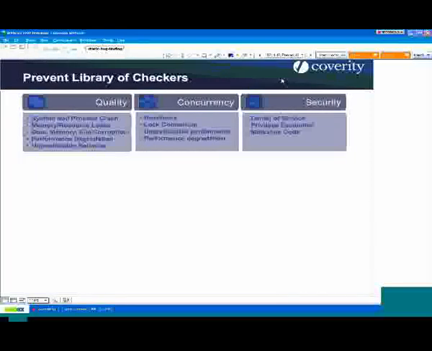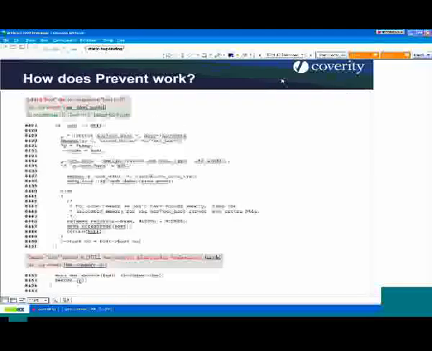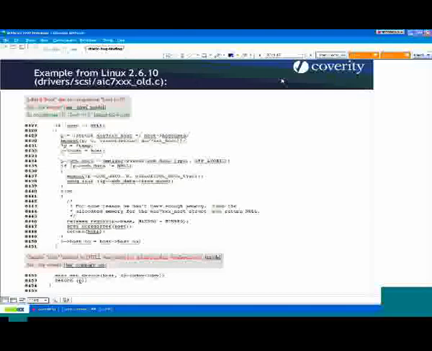Okay, so I'll just give a quick snapshot of how things look sort of in the real world. So these are how bugs are presented. And the way it works is sort of what you would want. It says, what was the bug? What are the events that make it believe there's a bug, and what the path was that was taken to cause the bug to happen? So this